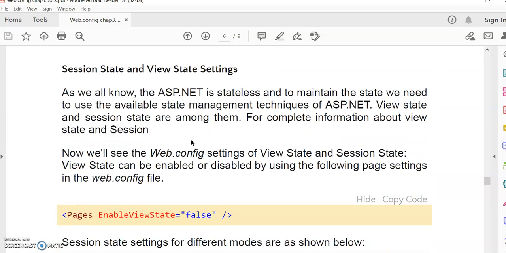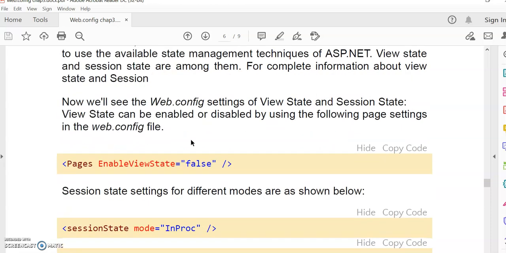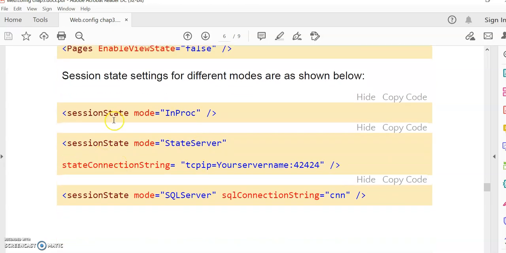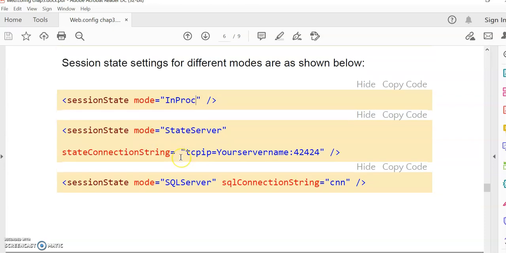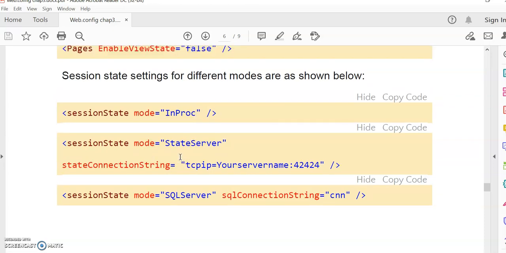Next one is about the session state. View state is not part of our curriculum, but we can see the session state. By default, session state is InProc. We have run one program about session properties, and you have seen that the mode is the InProc property. And there are others. Suppose we want to switch to another one, then we can write session state mode is equal to